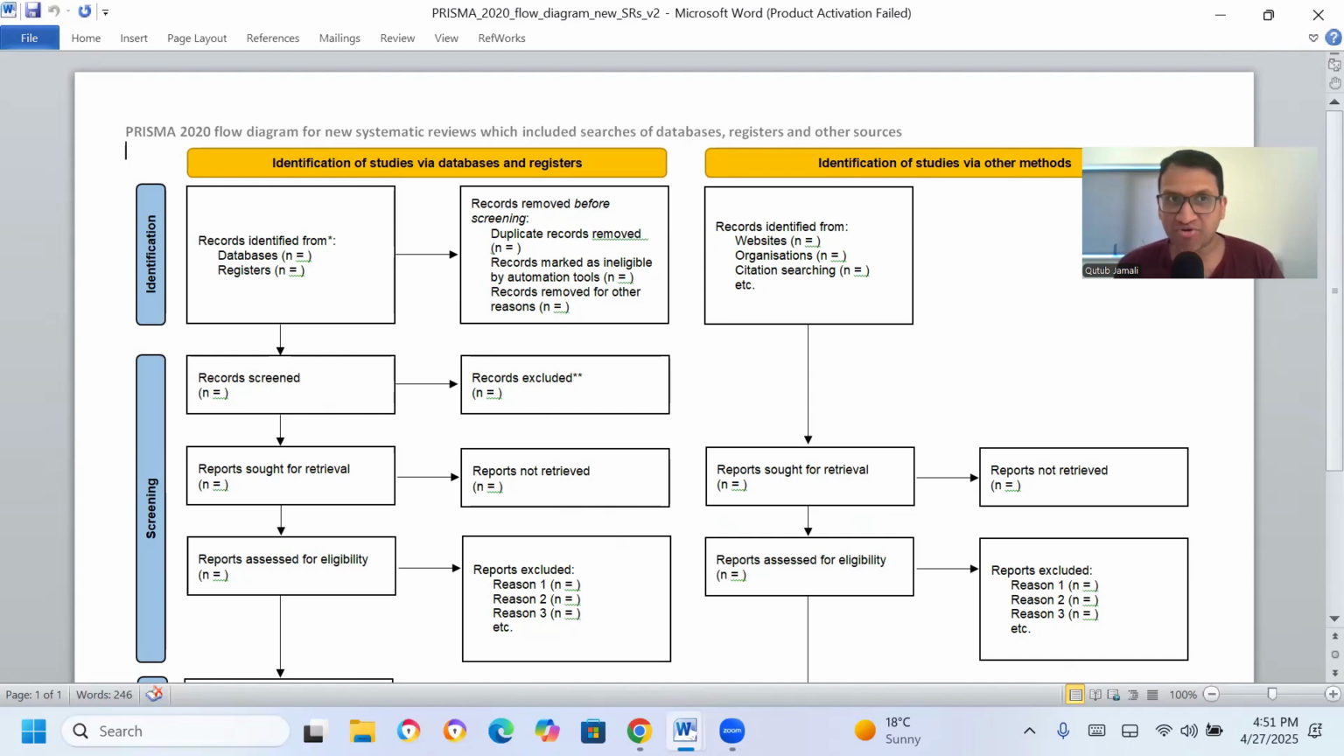So I really like this Prisma 2020 flow diagram. Now there are many versions of Prisma. What this does is it makes your search very organized, and it also demonstrates the depth of the search you've done. And this is very useful if you include this in your manuscript for publication. The reviewers or even the editors always expect that when you are submitting a review article or a systematic review, this chart is there, which shows how you've gathered evidence,